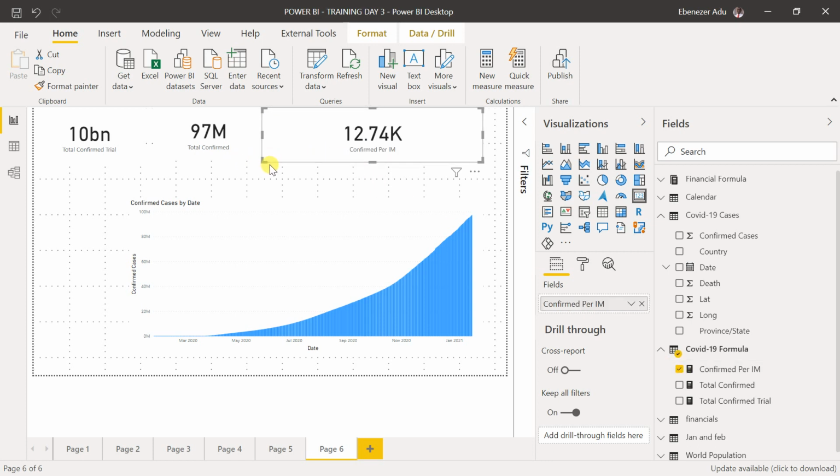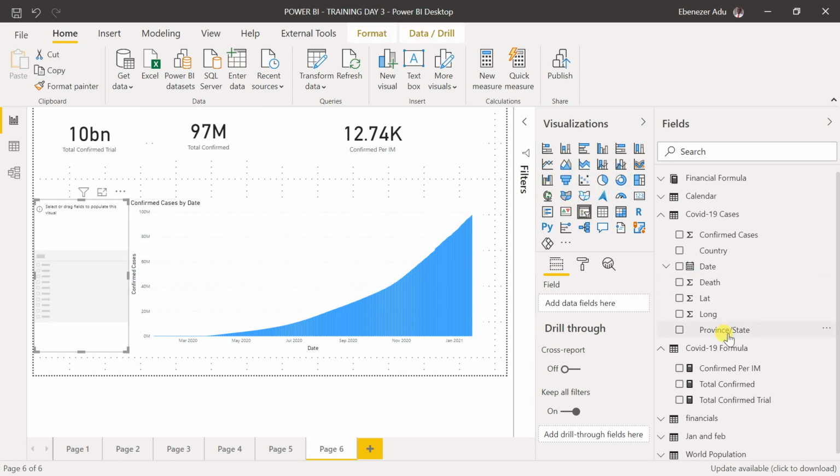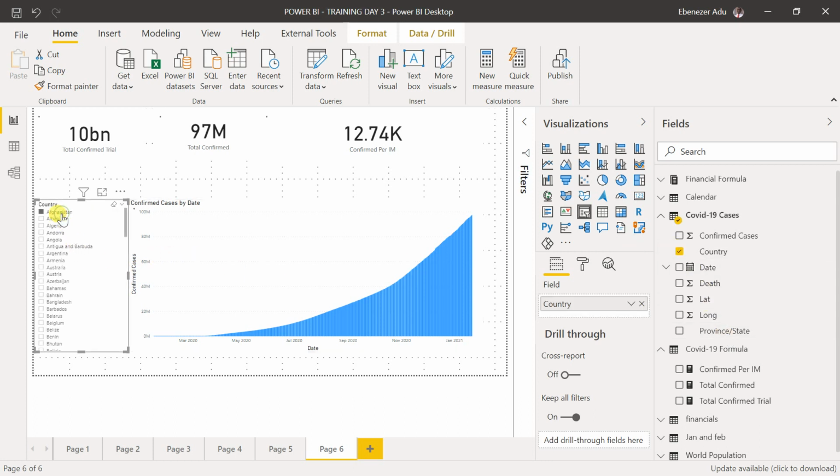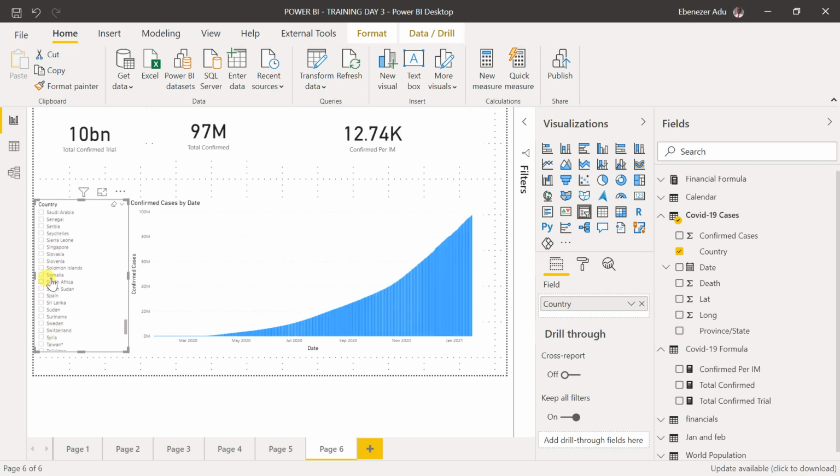So we can look at it per country now. Let's bring in a filter and look at our COVID cases per country. Let's say Afghanistan, 7.1 per 1 million. So now we've actually normalized our data sets per the population. Let's look at South Africa, 180. So now we can even plot